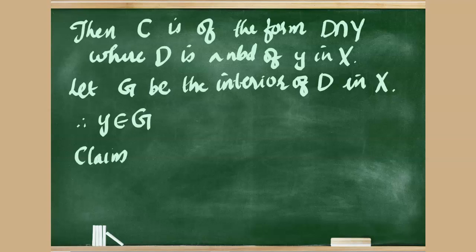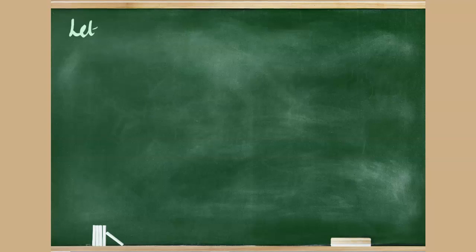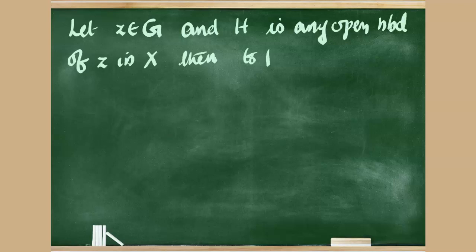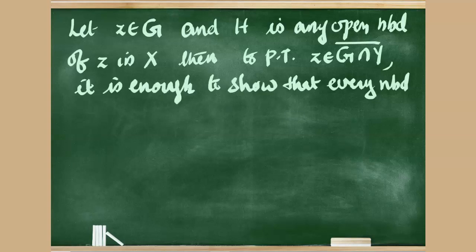We claim that G is contained in Y. To prove this claim, first we show that G is contained in the closure of G intersection Y. To prove this inclusion, let z be an element of G and H any open neighborhood of z in X. Then to prove that this z belongs to the closure of G intersection Y, it is enough to show that every neighborhood